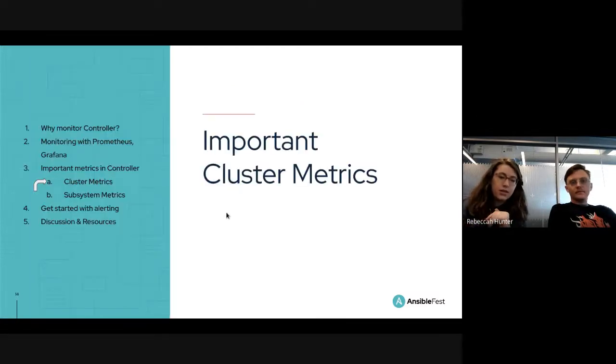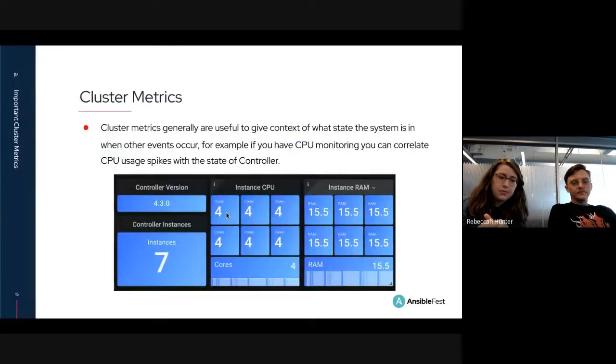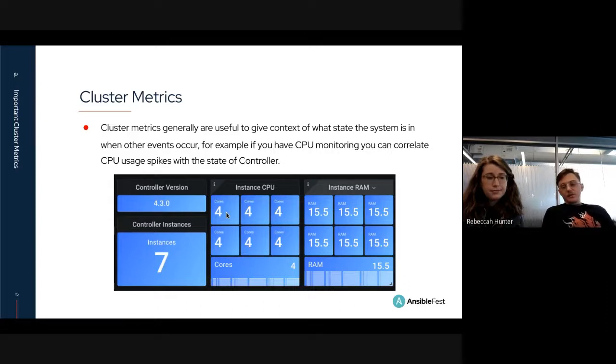So let's go right into cluster metrics. I generally think of cluster metrics as helping build context for what's going on. At our talk at Ansible Fest, we asked how many people were managing multiple clusters, and a lot of hands went up, because a lot of people have a dev environment where they're testing out a new version of controller, or testing new content or different features, and then they have their prod where they're running their daily workloads. In our testing, we are also often managing multiple clusters.